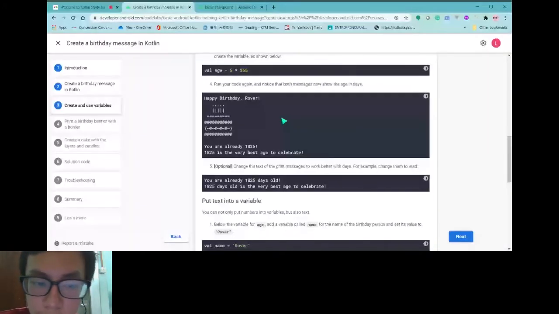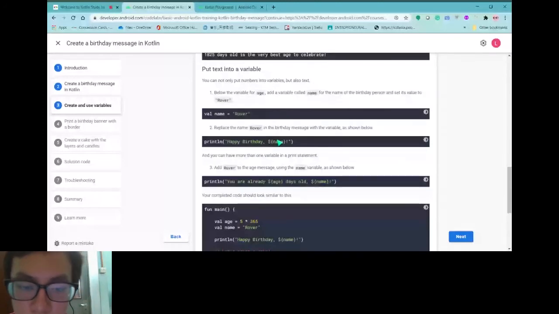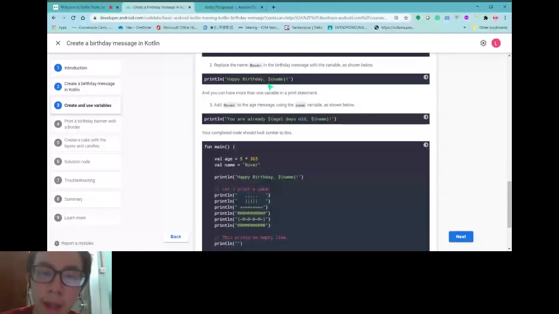Okay, no question yet. So the next thing, if you use this val, besides just now, this was a numeric, or you can say an integer number. This one, they just use a string. You can use a string also, and it's basically the same thing. You put the name of the variable inside this symbol here, and then you just substitute it. And then you output "Happy birthday, Rover."